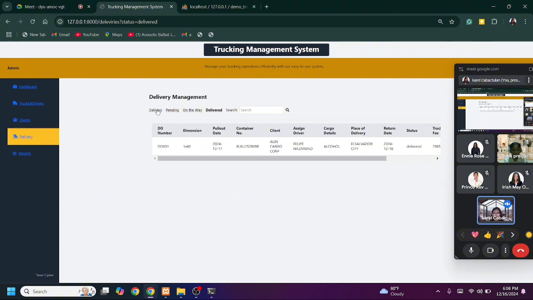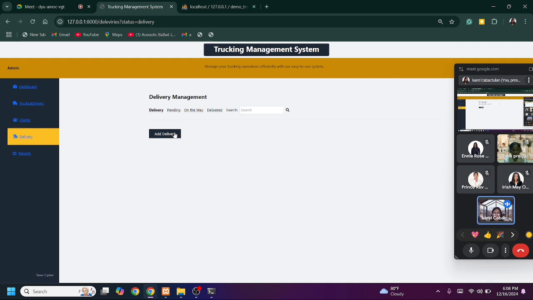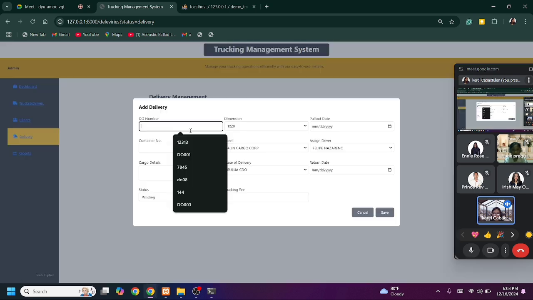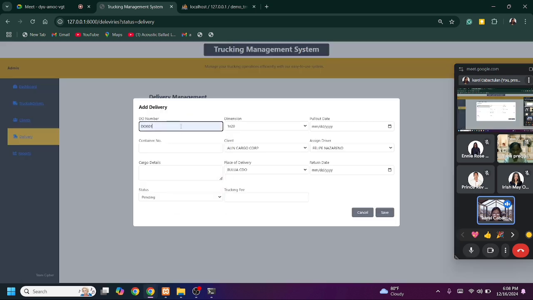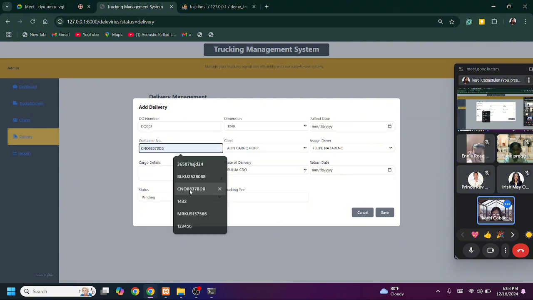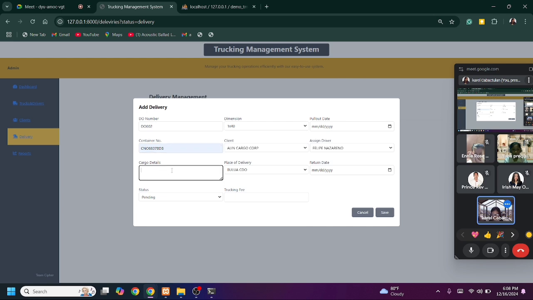Now for us to have full functionality on our report, let me add at least five deliveries. Let's try to put it on delivered for the